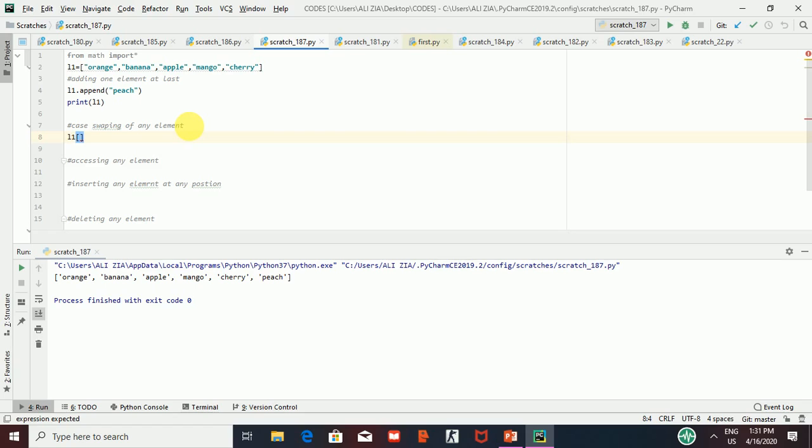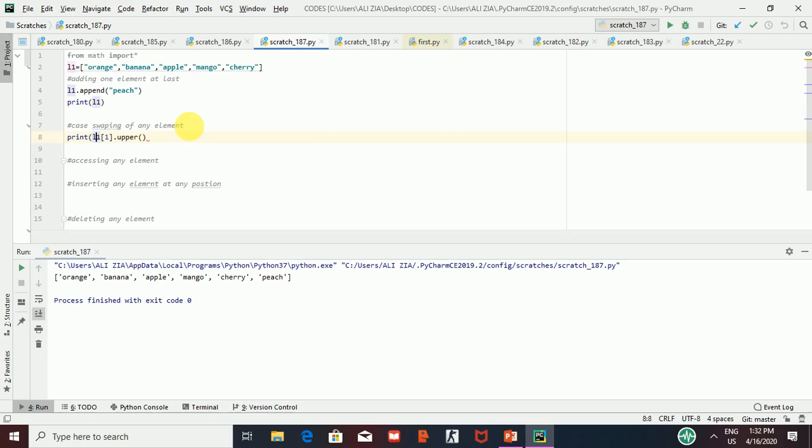So if I want to change the case of banana, I will write L1 and its index equal to 1 dot upper. Here you can see I am writing upper, but here is a mistake, that I have not closed the parenthesis of index. Now I want to print it. You will see what happens then.